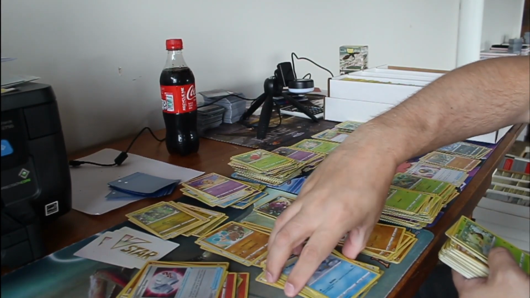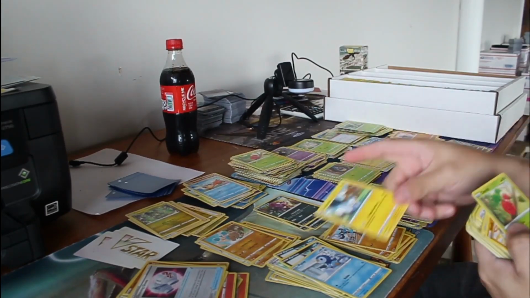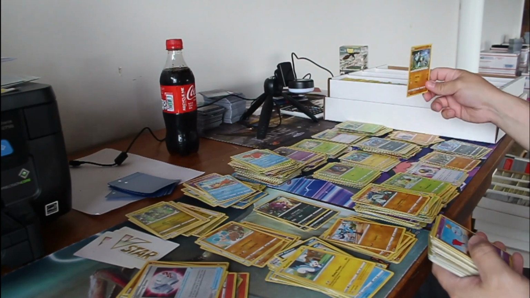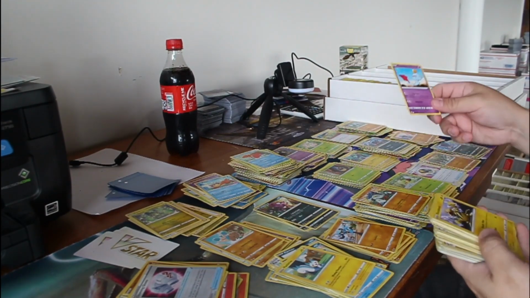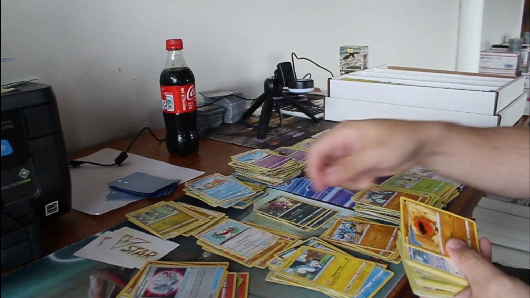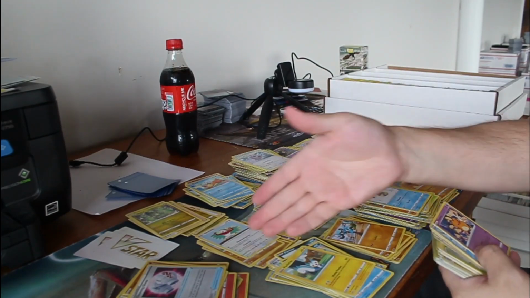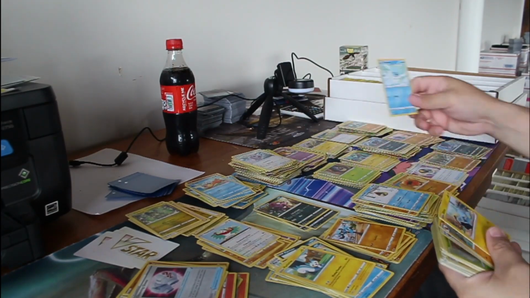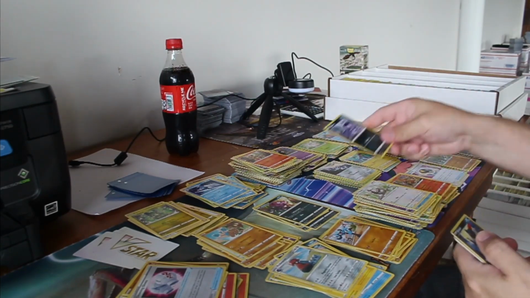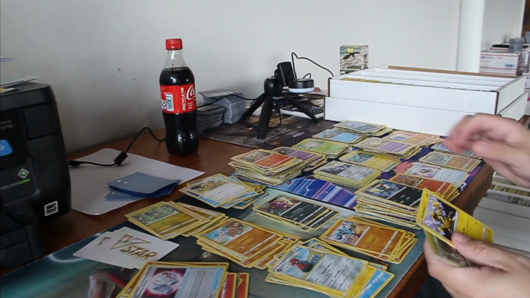I'll tell you, it definitely does feel like I'm going through the cards a lot more quickly than I was with the sort yesterday, with the quick list sort. Almost halfway through my 1,000 already as far as this step, so that's pretty good. Even with the holos mixed in, the quick list sort, it felt like the scanning part was holding everything else back. It was making this go slower,